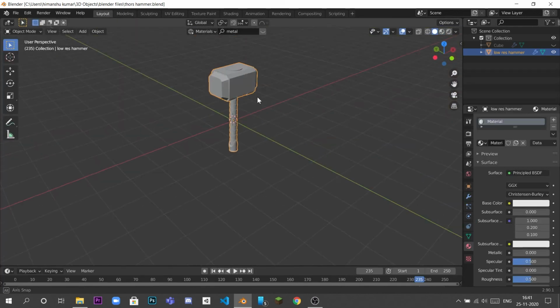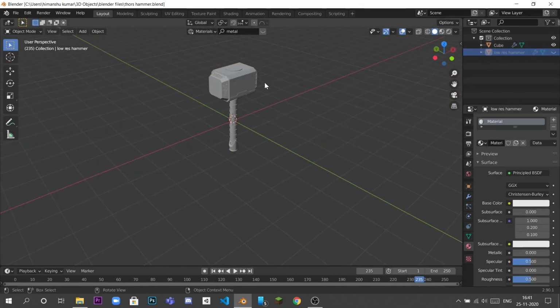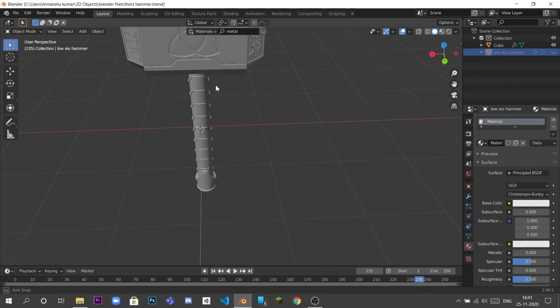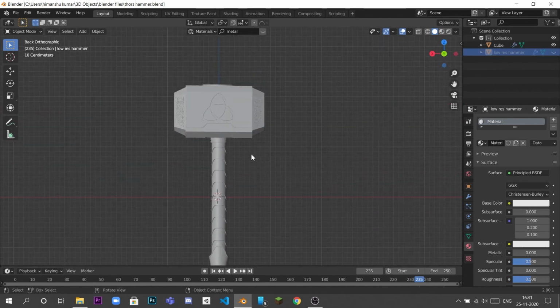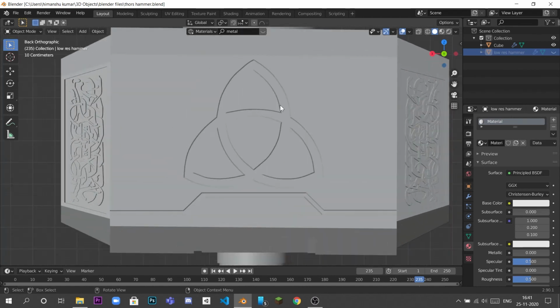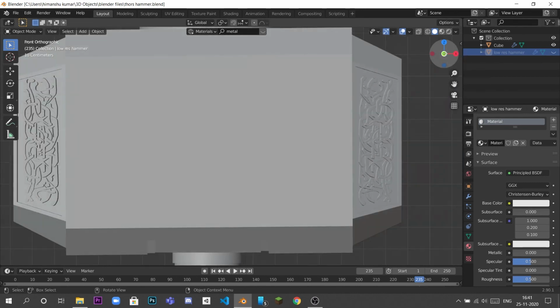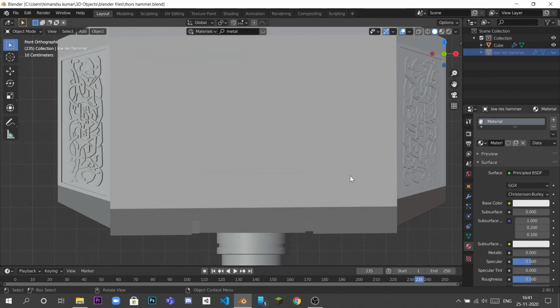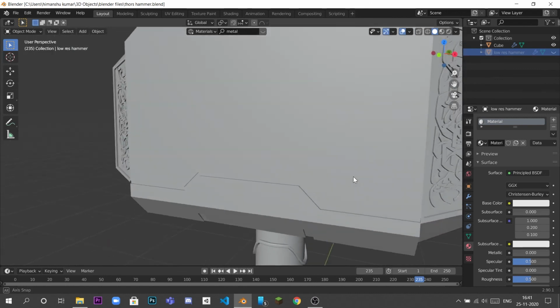move to our high res model. From this view we can see the texture on this high res model, and as we see it, it is baked on the normal map. But if we move to the back side, we are not seeing any of the detail here because this is plain.